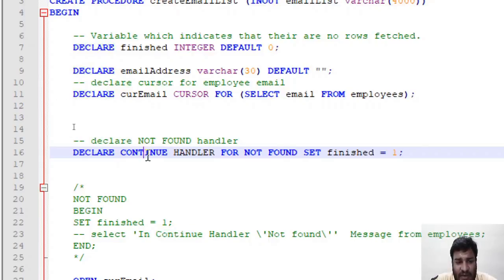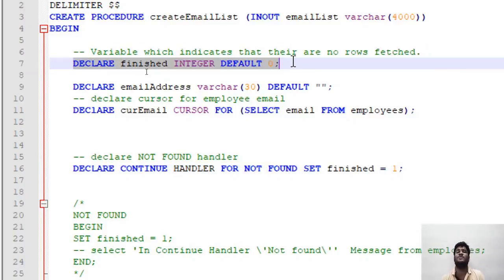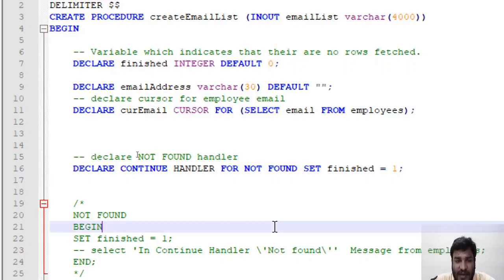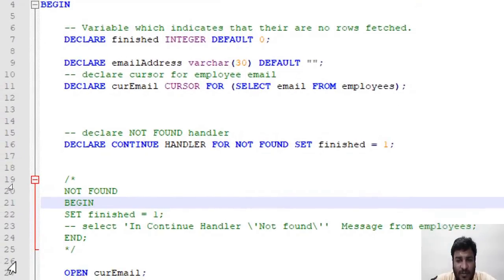This is the meaning of this statement, declare continue handler. And this says FOR NOT FOUND, meaning if it searches and does not find any value, it will say finished equal to 1. This is the variable which we have used to identify if the rows in the table have already been fetched and read. So these are the four declared statements at the very top.